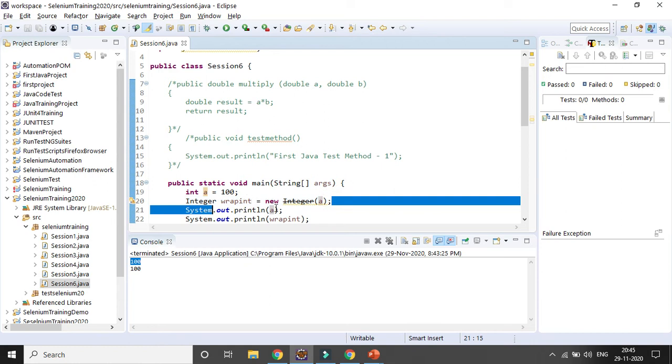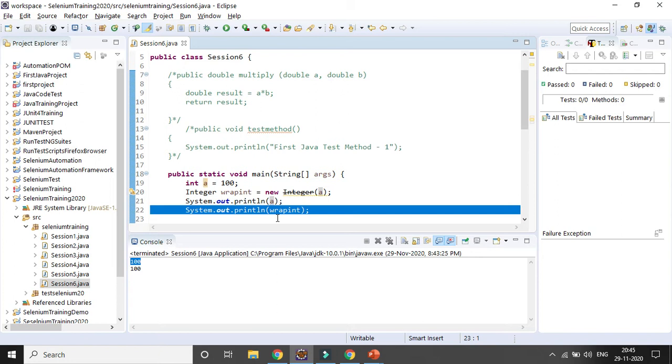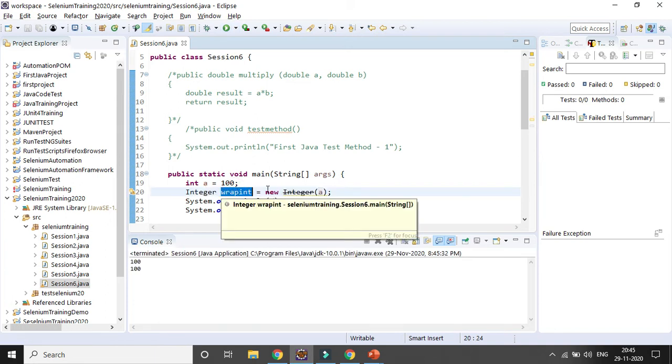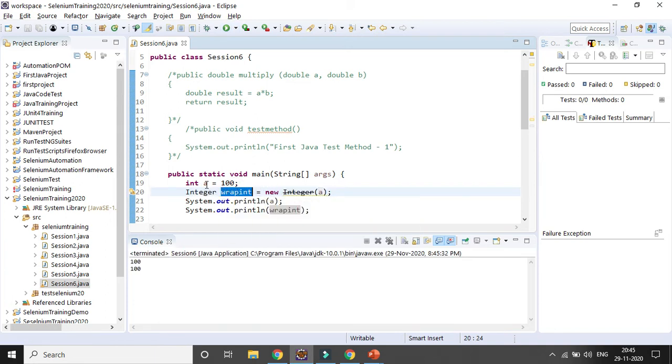I also want to print the value of a, as well as the value of the variable I have created. If you run, both will be the same, but wrapInt is converted to the wrapper class, whereas a is the primitive data type. So that is the difference.